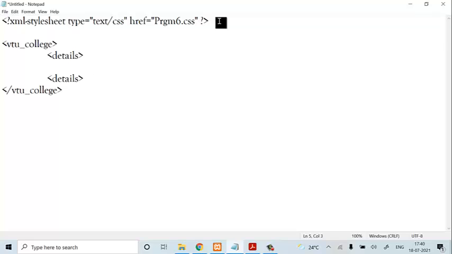Under this details, as I've said, we have to create a tag for USN, name, college name, branch, year and mail ID. So now here I'll write a tag called USN. I have written 1VA18CS001 or 009.